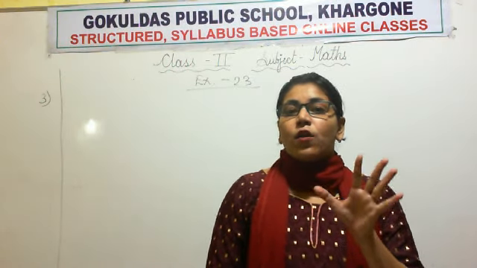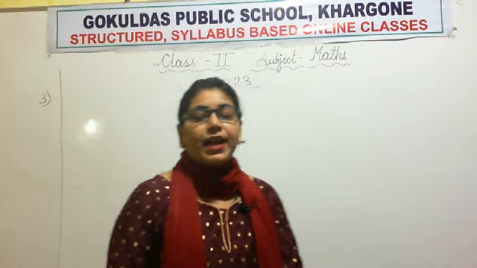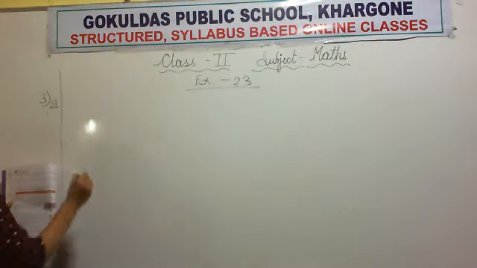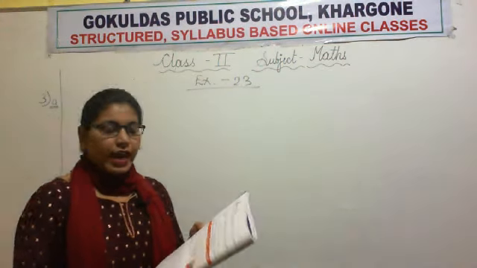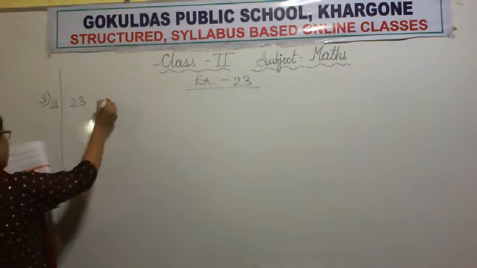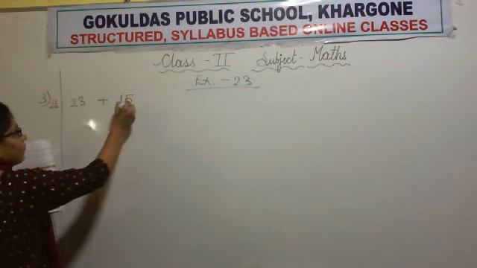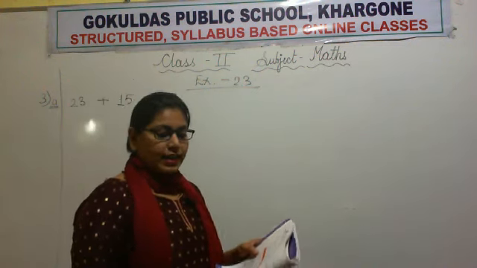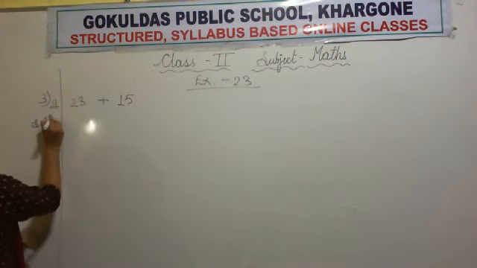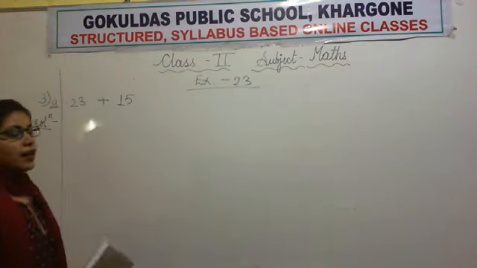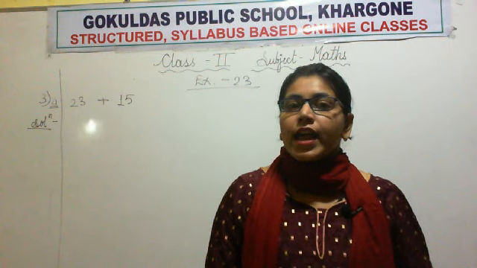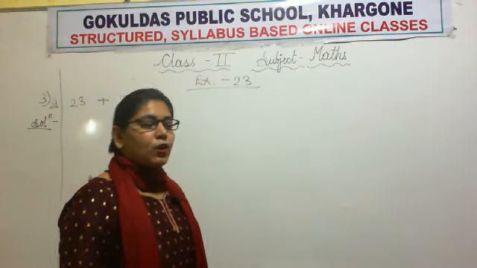You will write the whole question in your classwork copy, then you will start solving the different ABC parts of the question. Okay. So part A is 23 plus 15. Now we are solving it, so we will write the solution here. So what is the very first step? First step is rounding off both the numbers. So let us round off 23.